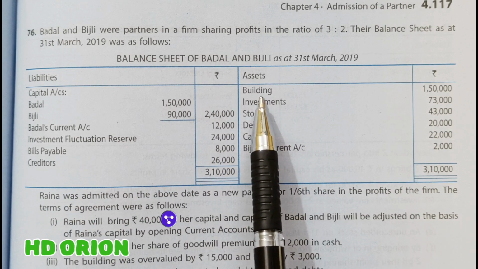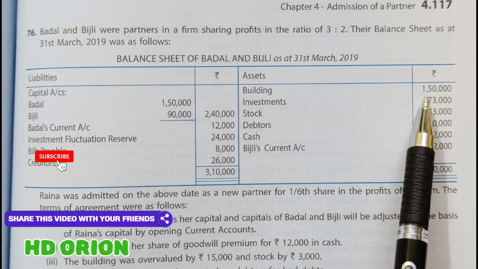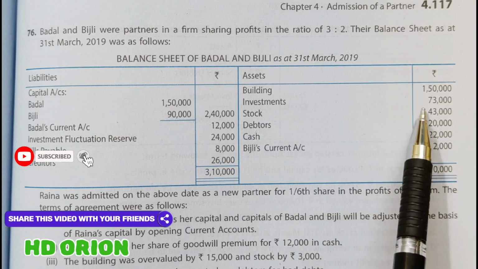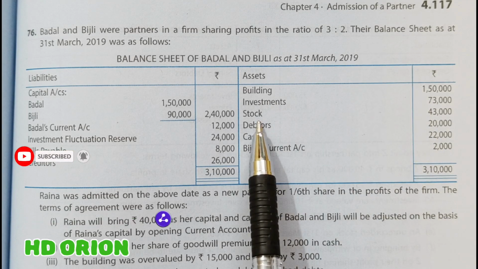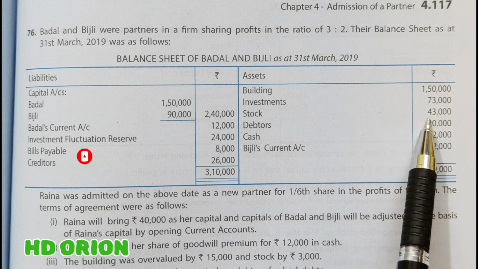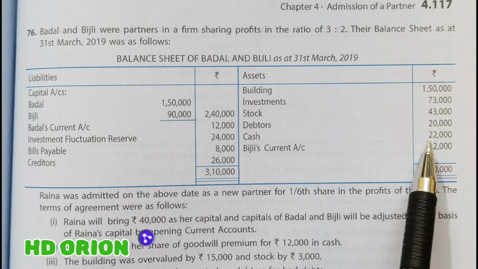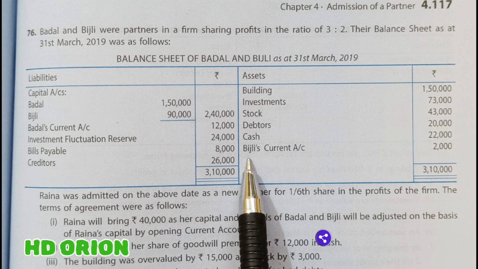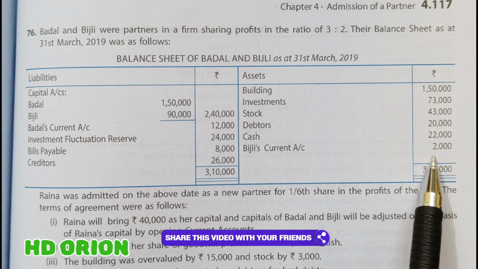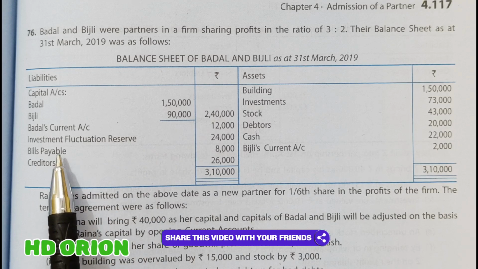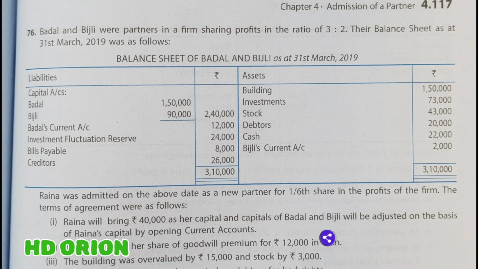On the asset side, we have got building rupees 1,50,000, investments rupees 73,000, stock rupees 43,000, debtors rupees 20,000, cash rupees 22,000, and Bijli's current account is rupees 2,000. So when current accounts are mentioned here, it means capital accounts are fixed. And then